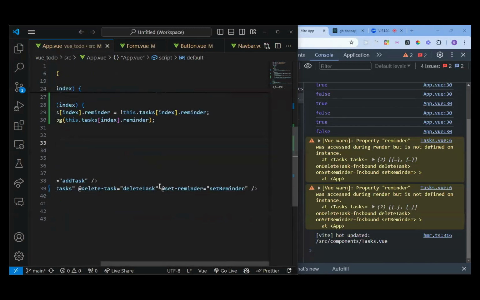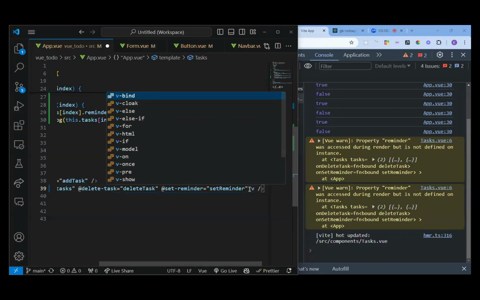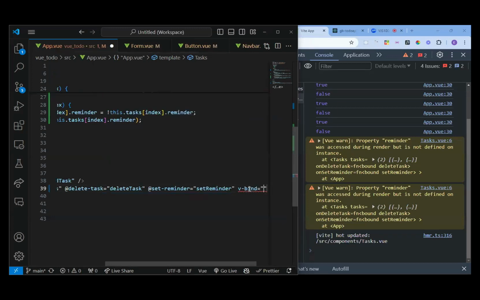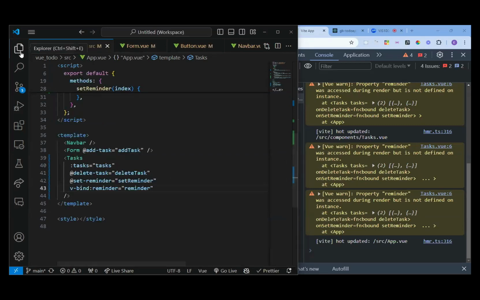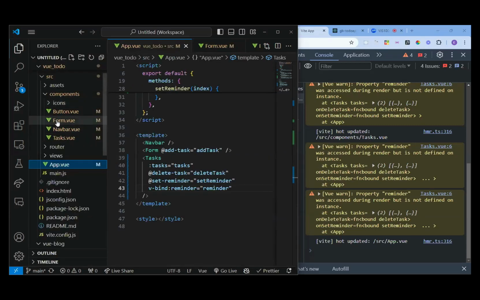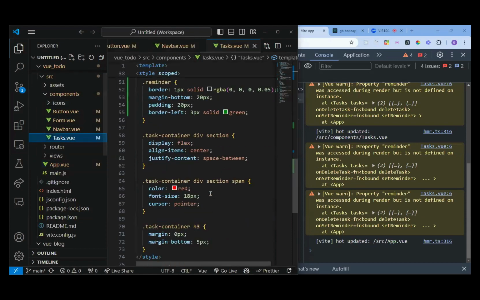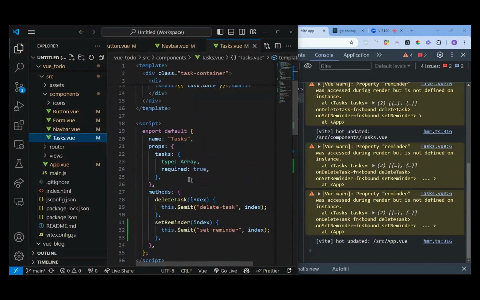So I'm supposed to come here and I'll say, okay, v-bind reminder. So instead of me writing v-bind, I can just use colon reminder, right? Then now this is a prop. Then I need to go back to my task view, and I will add this guy under my props, right? So remember, this is my prop. I have task as an array. I can also have reminder,